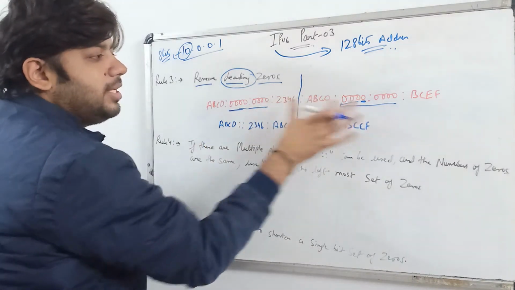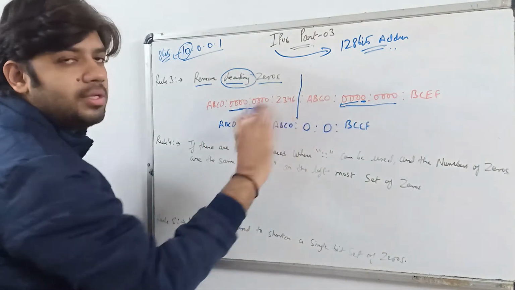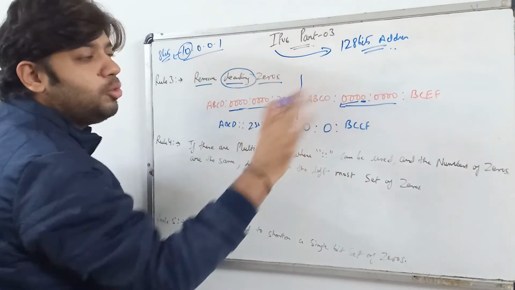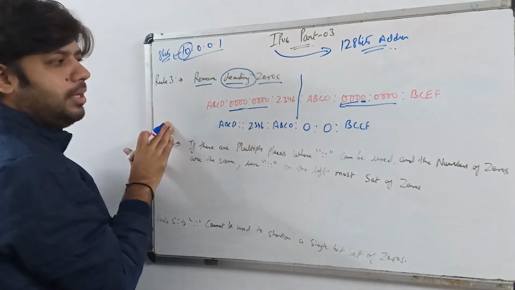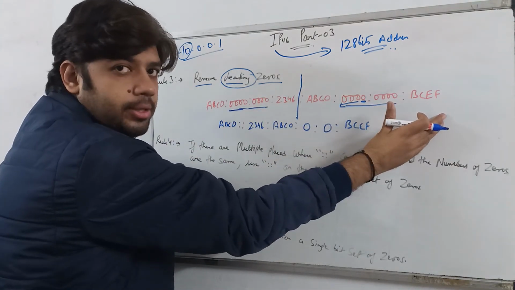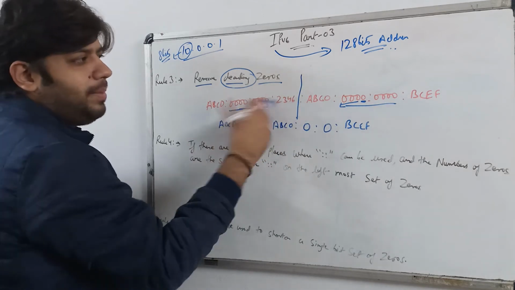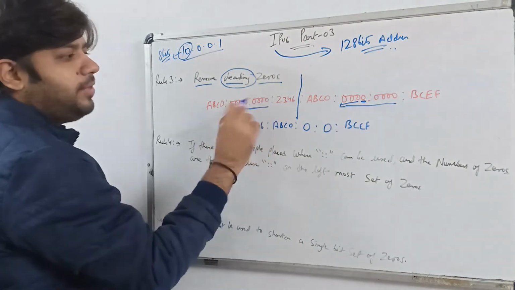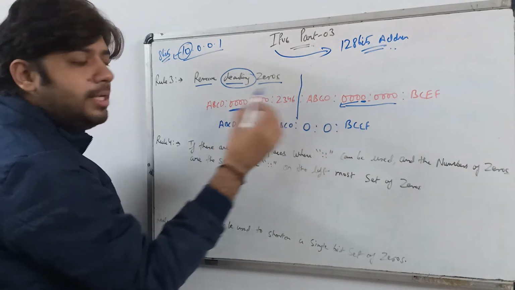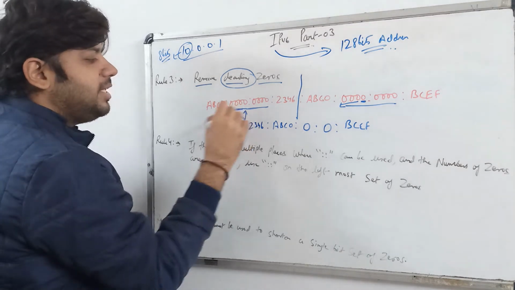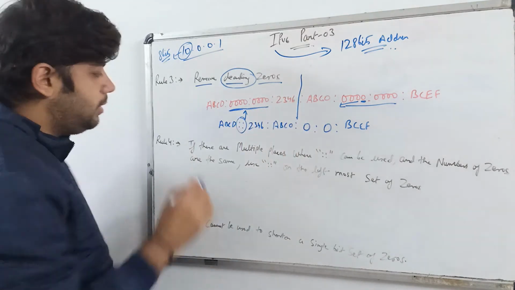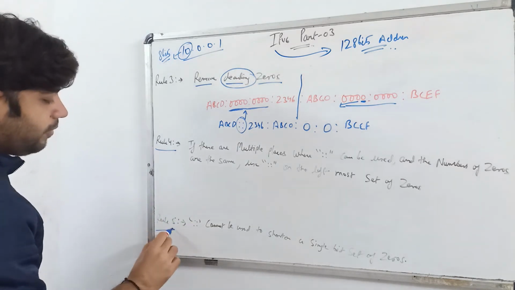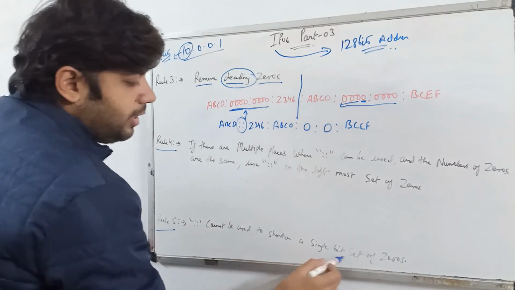If in case you have similar consecutive zeros on both sides, I already told you that the IPv6 is divided into two parts: 64 bits are separate and 64 bits are separate. We'll discuss in part 4 what those separate bits are. So if the consecutive zeros are the same on left and right, we always use the double colon on the left side. We do not use it on the right side. This is the fourth rule. Understood? The last one, rule 5: the double colon cannot be used to shorten a single set of zeros.